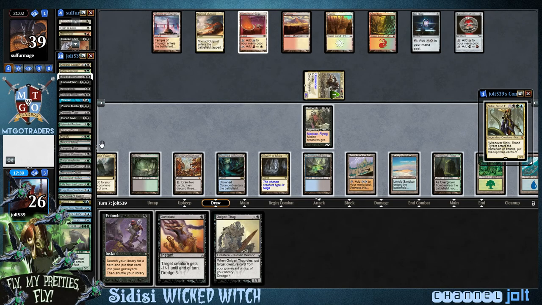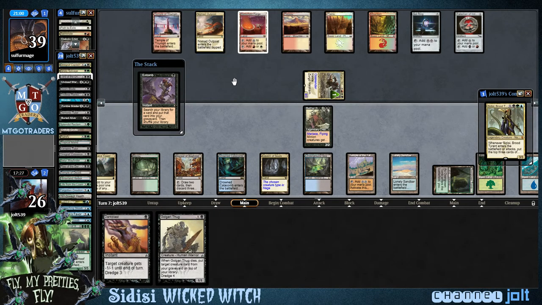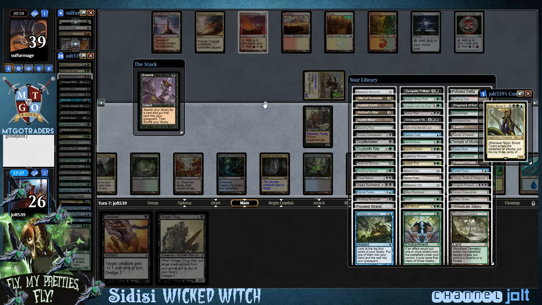I like the 4. Ooh, look at that! Look at that Crater Hoof in there. Crater Hoof's calling to us. Okay, now let's see. Yeah, let's go on Entomb right now. Because Balthor is only black creatures, so...